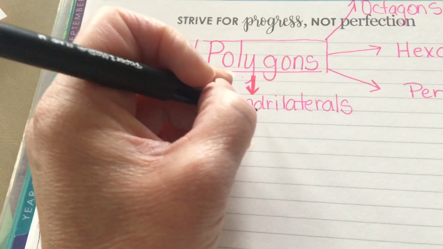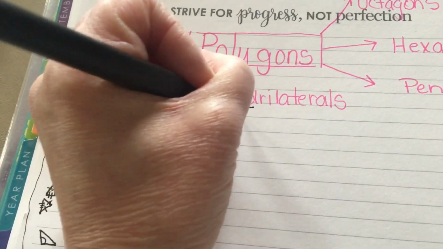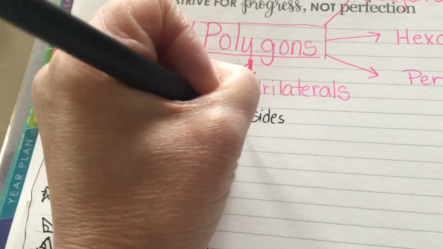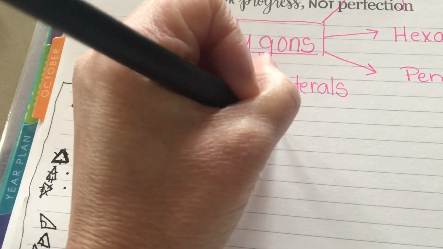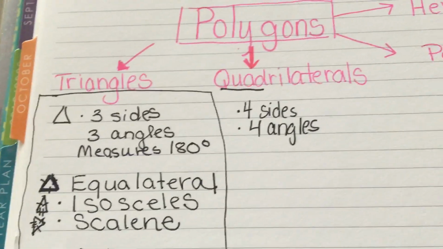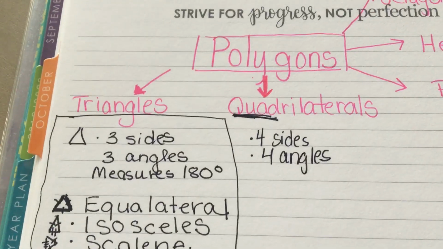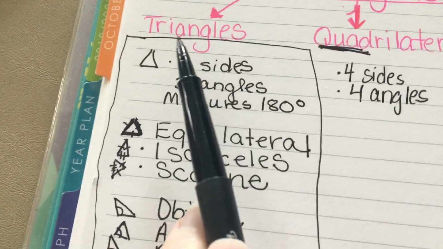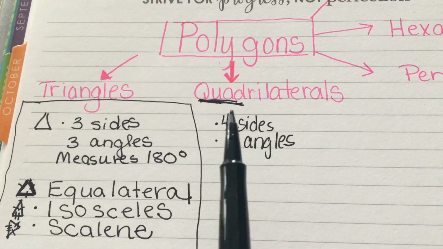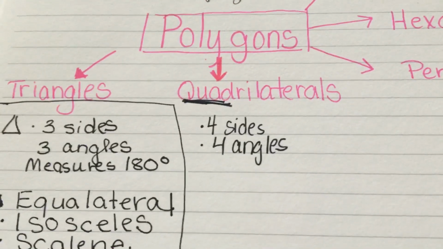So our quadrilaterals, our word quad, means that they all have four sides and they all have four angles. Okay, but with quadrilaterals, they're kind of special because they don't have just four sides. We know all three-sided figures are called triangles. Well, all four-sided figures are called quadrilaterals, but they also split up and we have different names